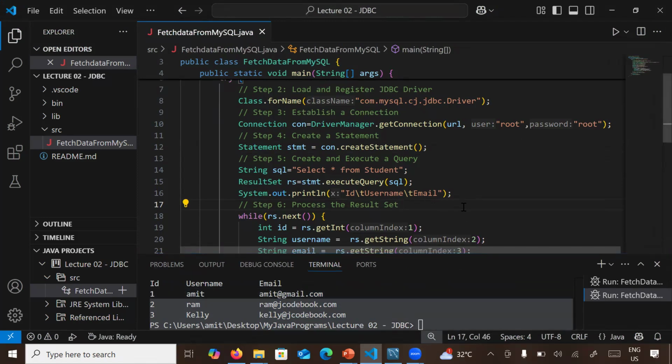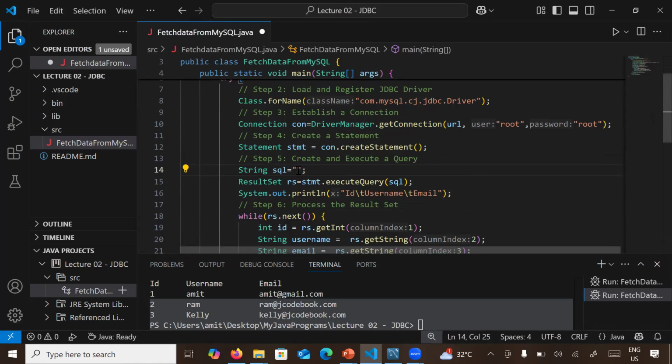In today's session, we will learn how to perform different operations on MySQL database like create, update, and delete. So let us learn how to do it. So first, I will start from how to create a database table using a Java program, right? So here, I will write a query. So in order to create a database